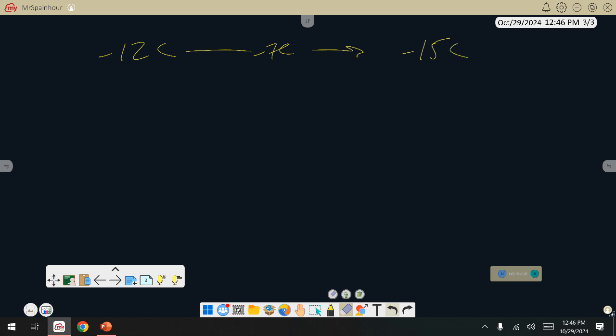So forget this number for a second. There's negative 12 here, there's negative 15 over here, and actually that wouldn't be the way it would usually move. It would usually move the other way, so I'm going to make it the other way. Now, this is in process. So if negative 7 coulombs leave over here, what charge should this be now? Negative 8. And if negative 7 coulombs come over here, what should it be? Negative 19 coulombs. Isn't that the same as positive 7 going the other way?